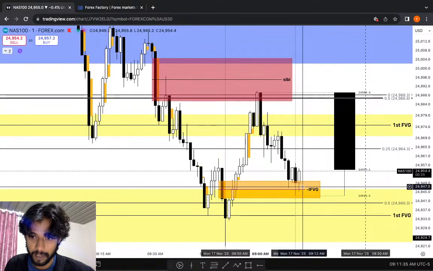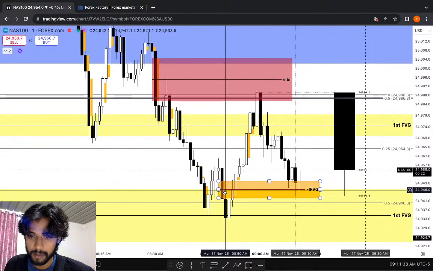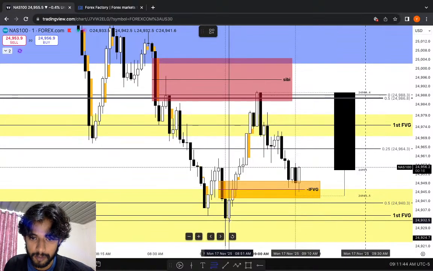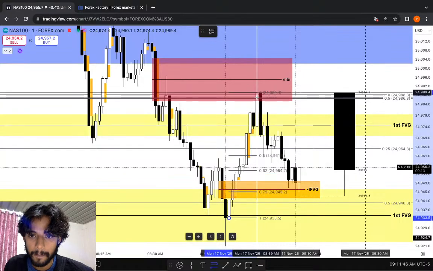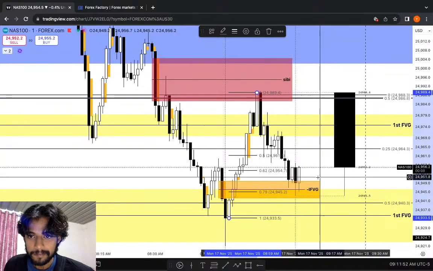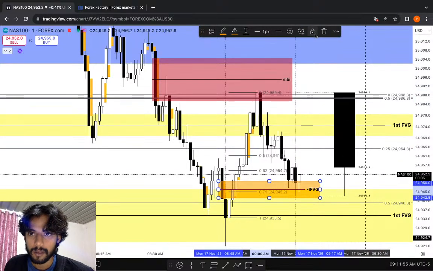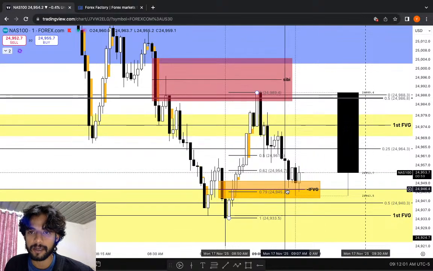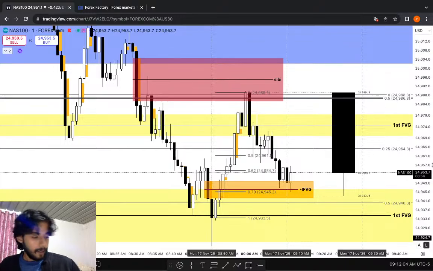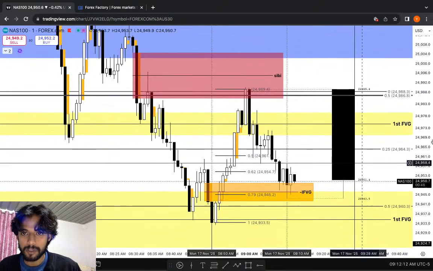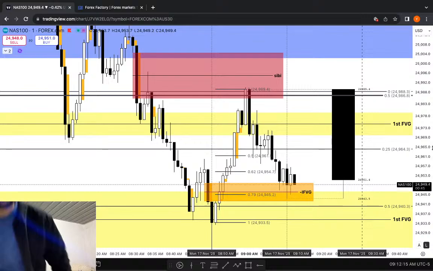Still, bodies of the candle staying above the midpoint of this gap. So if we just mark this out right there, it came inside the 79% retracement. So I'm just going, sorry, let's see how it reacts inside here now. Okay, so I'm going to take just a small quick break. I will be back within a minute or so. Till then, you can just watch how it reacts inside this inversion fair value gap.